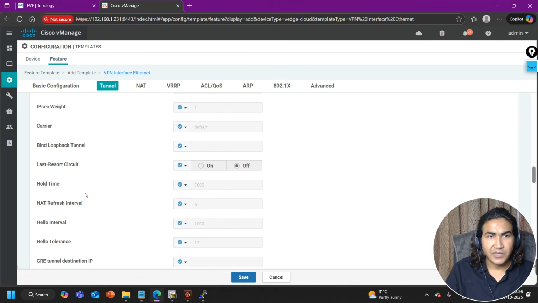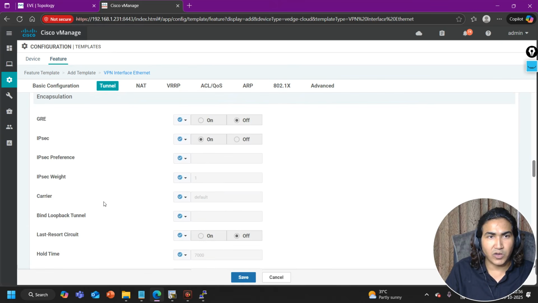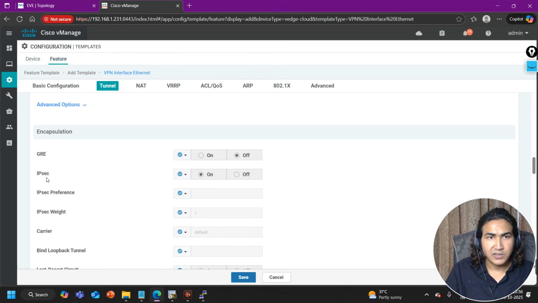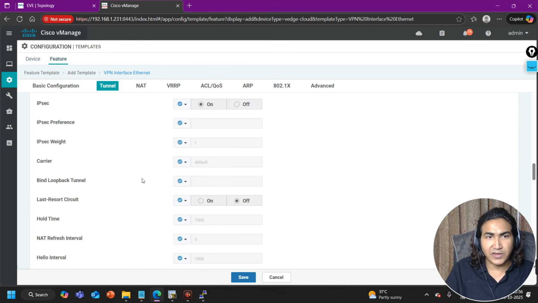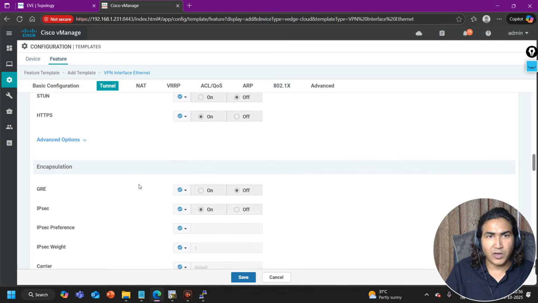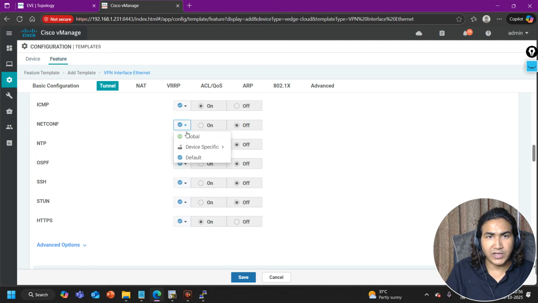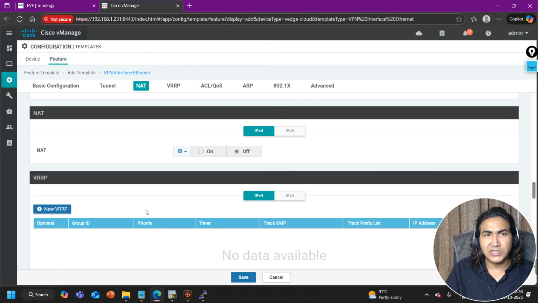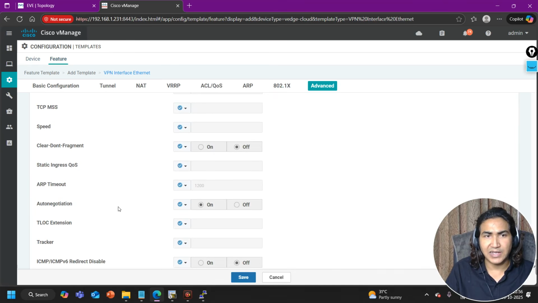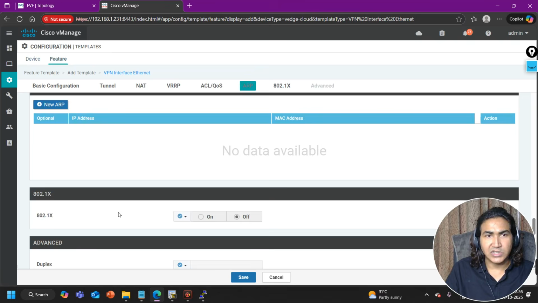Go to advanced and configure the encapsulation protocol IPsec. Encapsulation GRE IPsec is on, you can see by default. IPsec preference, we are not changing any attribute. Okay, now everything looks fine. I have allowed all the services. I also need to allow NETCONF on. I also need to allow SSH globally on, right? So now you can see for G0/0 the configuration is done. I am not going to enable NAT for now, nothing else, right? Everything looks fine. TLOC extension, we'll see those